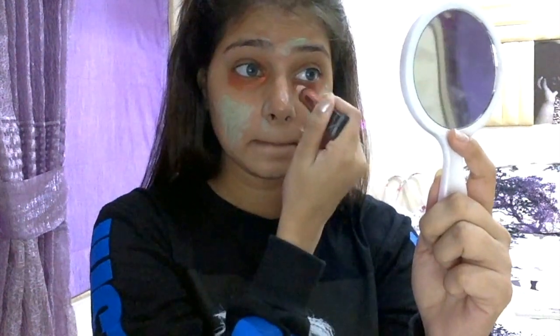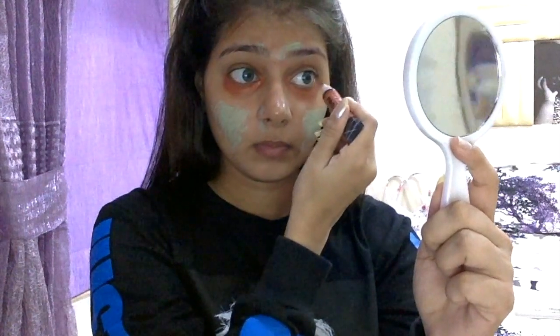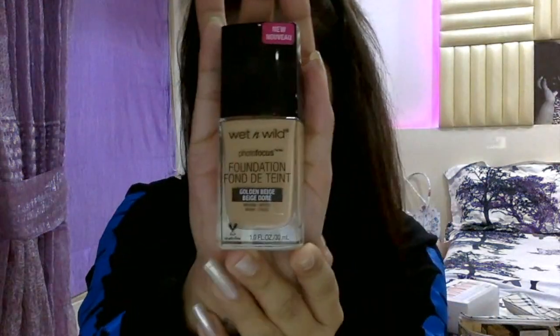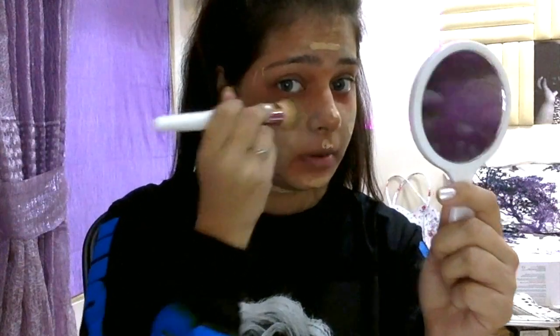I'm gonna prime my face first with Nivea Men Aftershave Balm in Sensitive. As we want a flawless skin look, obviously we are going with color correctors, and we are going to go with a full face beat up because we want a flawless skin look. After color correcting, I'm gonna go in with my Wet n Wild foundation today,